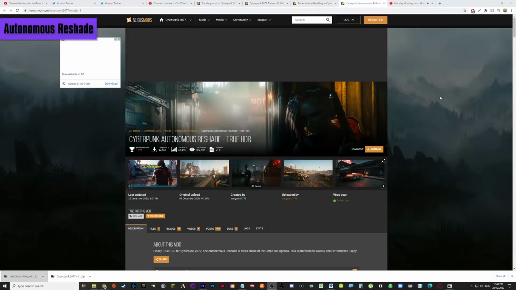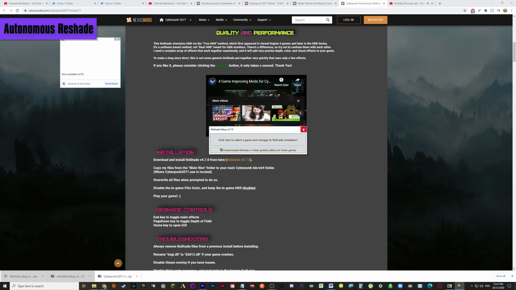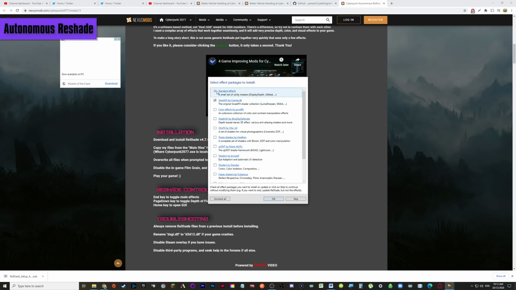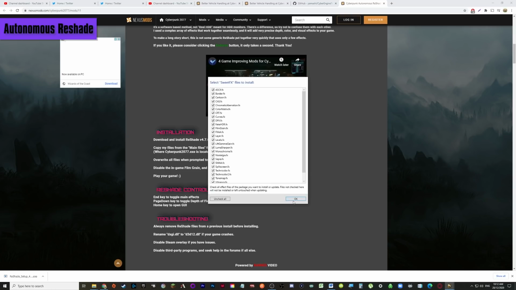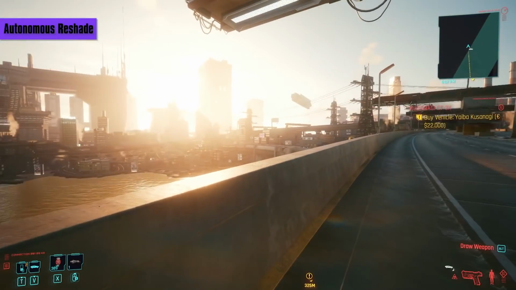Next, we have the Cyberpunk Autonomous Reshade True HDR, one of the most popular mods created so far. This mod needs to be installed, but thankfully, downloading the exe will launch a tool which will guide you through the process. When launched, you'll need to find where you installed Cyberpunk, which will be different depending on what platform you're using. Once you find Cyberpunk 2077.exe, click on the DirectX version you're using and select all the packages you want to install with the game. If you're not pressed for space, just grab them all so you can try it out and see what works best for you. Once the installation is done,